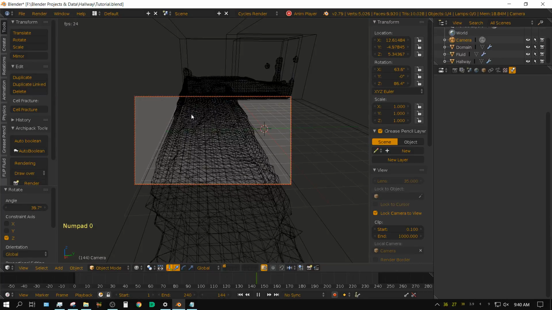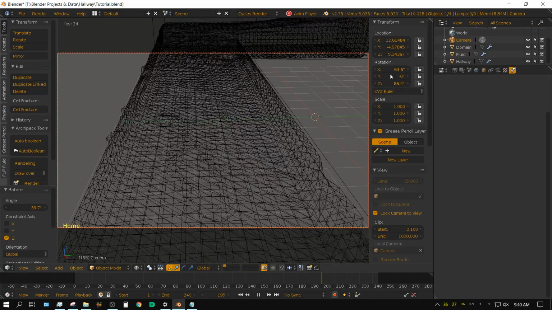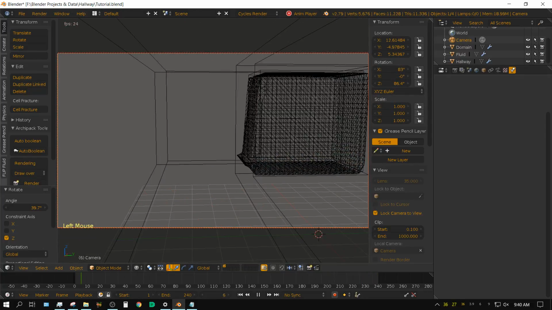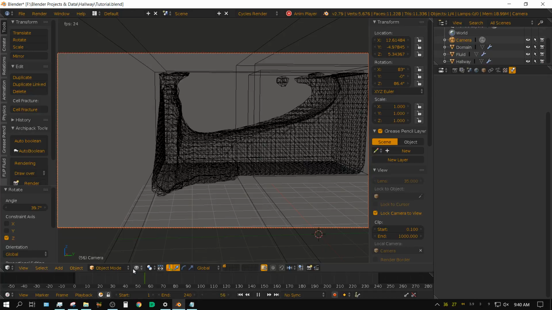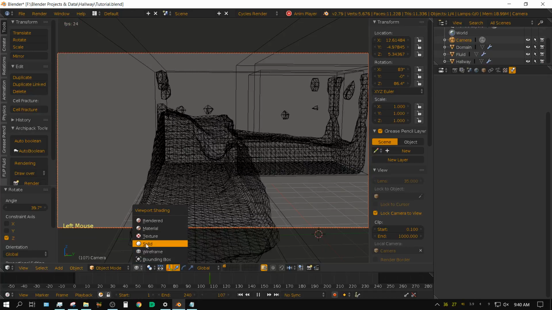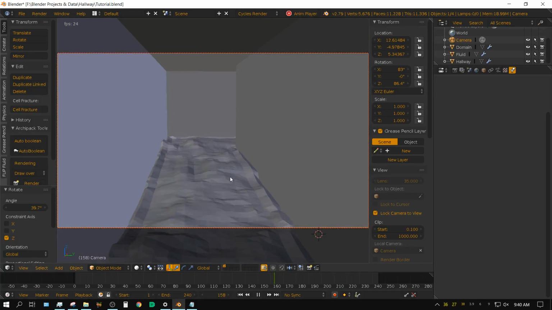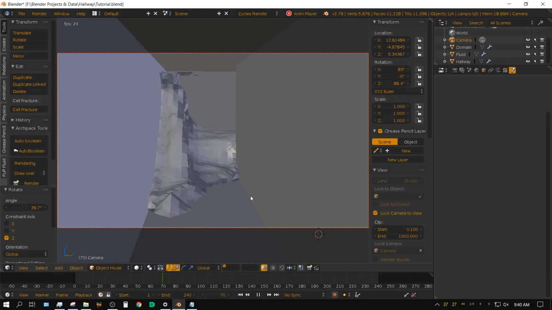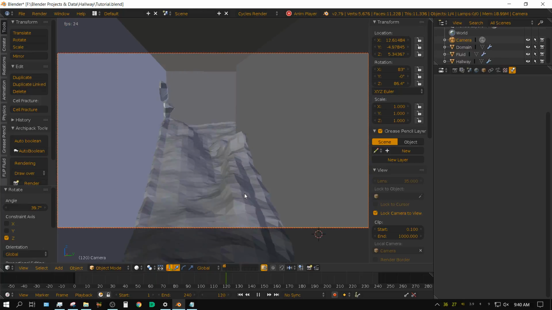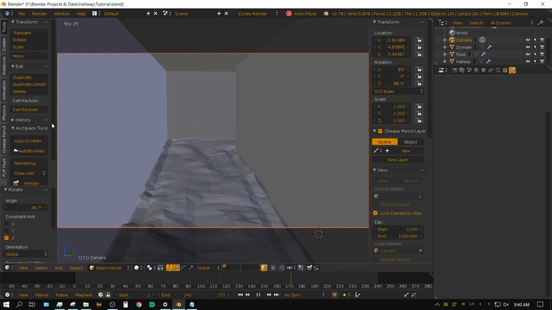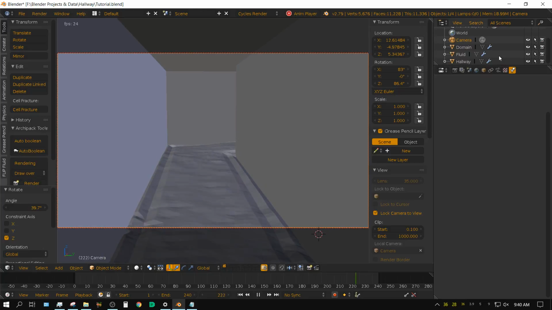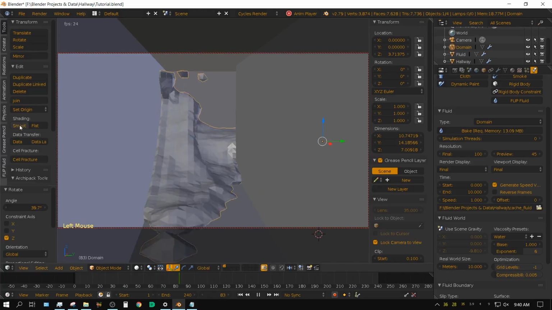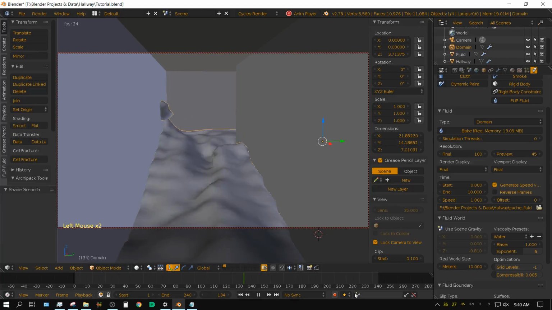I'm kind of looking down the hallway. Let me turn this to solid view. Now you see how low resolution that water is. So 100 is way too low. But it's giving you the idea of how to go about doing this. And of course, with the fluid domain selected, you can always click smooth for smooth shading.